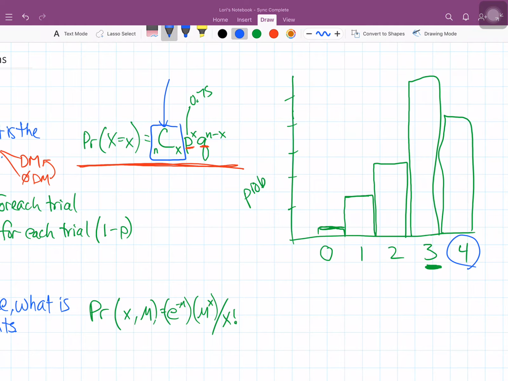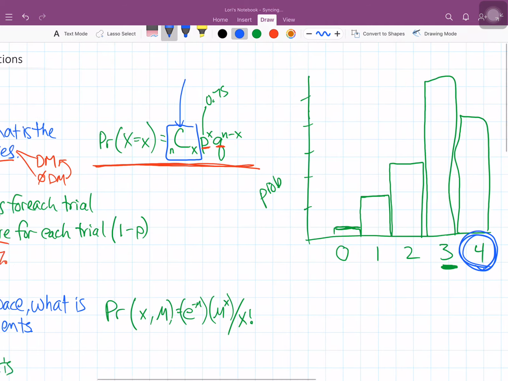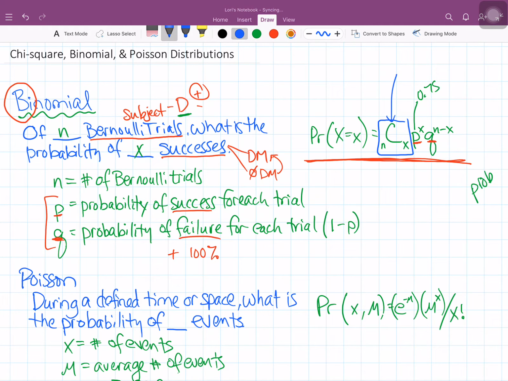So I'm not asking you to calculate those probabilities. If you're a biostat or an epi major, you probably learned this already, and so you know how. But again, we're going to be doing things with a quite a bit larger sample size than what we do in short exercises. So that isn't as useful as knowing how to program that in SAS or some other computer program. So that is the binomial probability distribution and what that looks like. It starts looking like a normal curve. You can imagine, the larger and larger that sample gets.